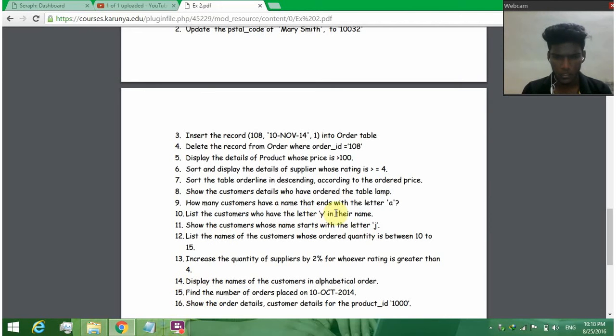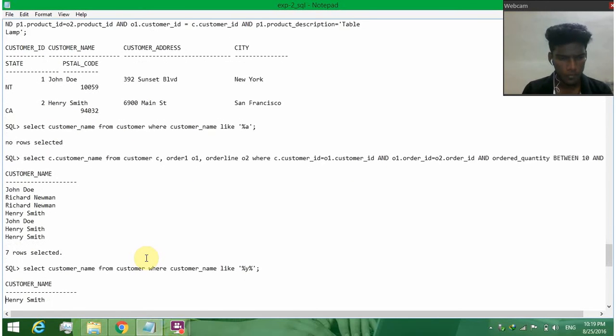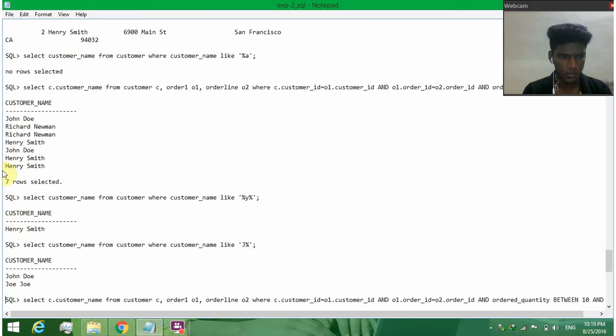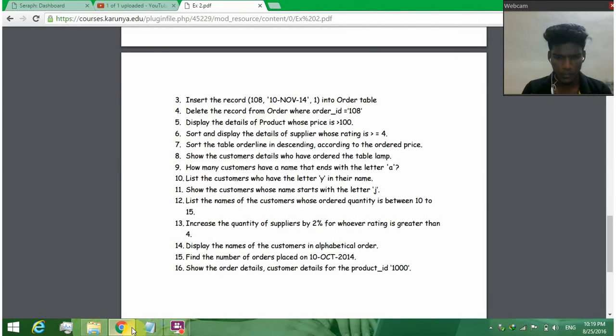List the customers who have the letter Y in their name. Select the customer name from the table customer where customer name is like Y. Henry Smith is the only customer who has Y in the name. Then list the names of the customers with order quantities between 10 and 15.